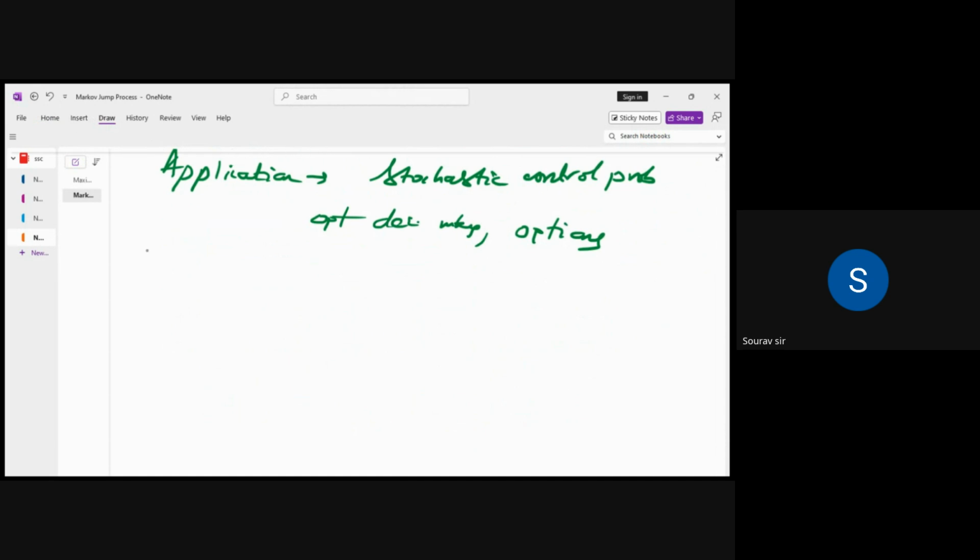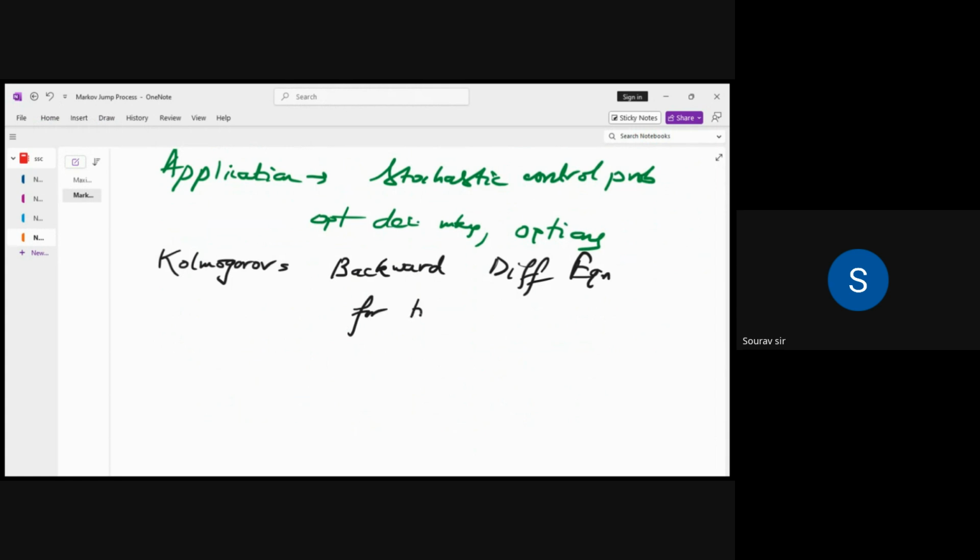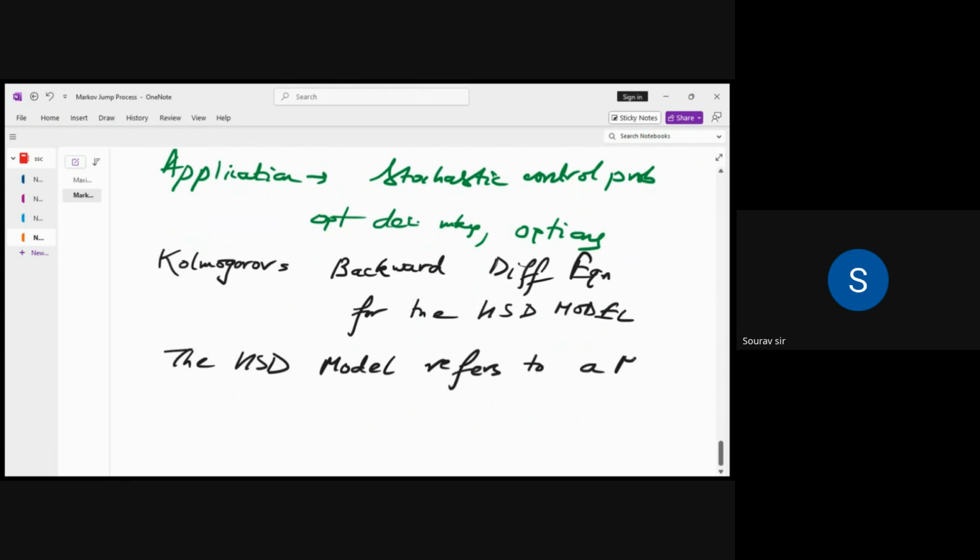Kolmogorov's backward equation for the HST model. So what is the HST model? The HST model refers to a Markov jump process